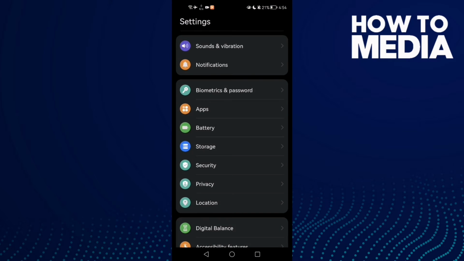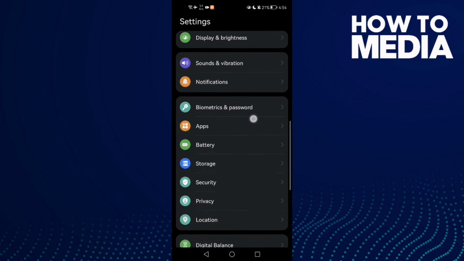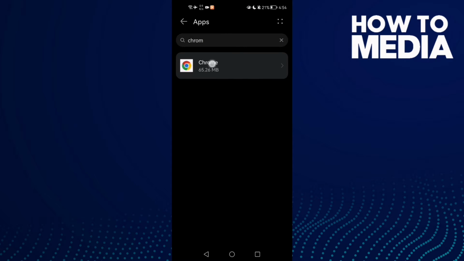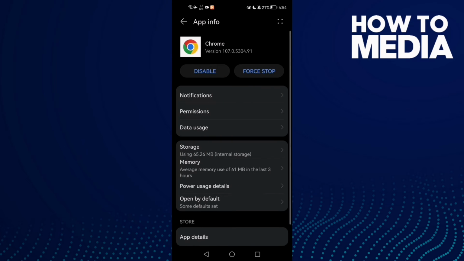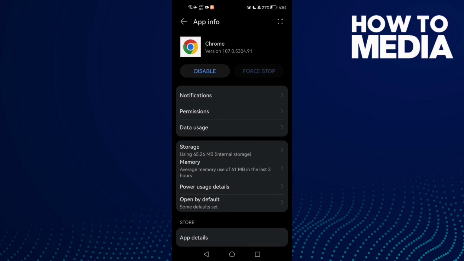First, open settings, and then scroll down until you find apps and click apps again, and here we'll find Google Chrome. Click on it, and then click here, this one for stop, and then go to permissions and enable storage, and then go to